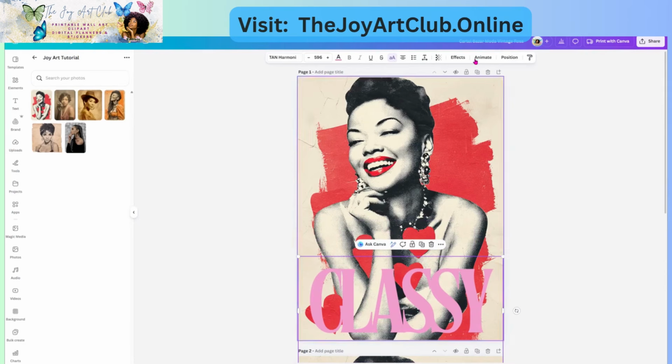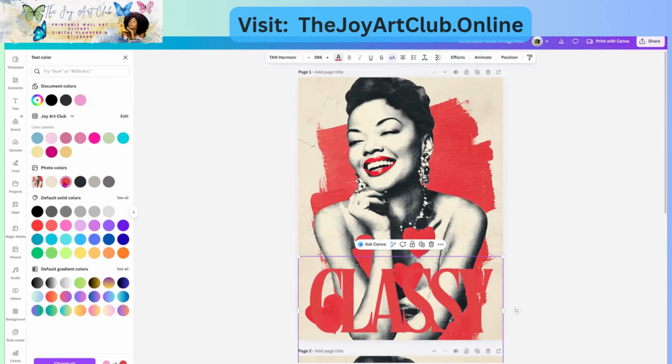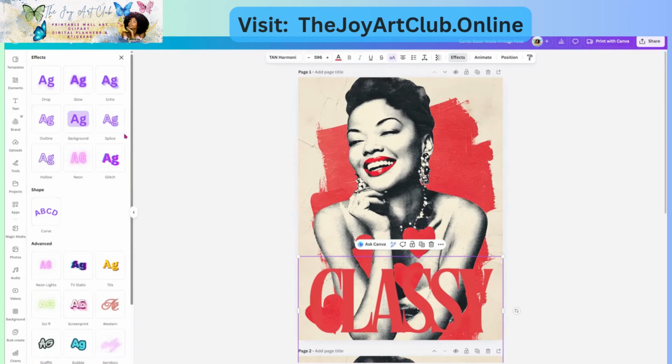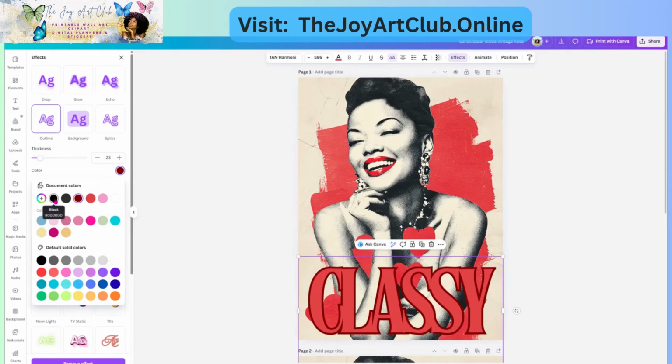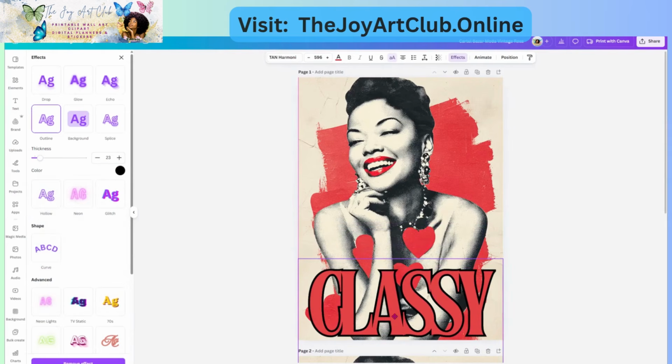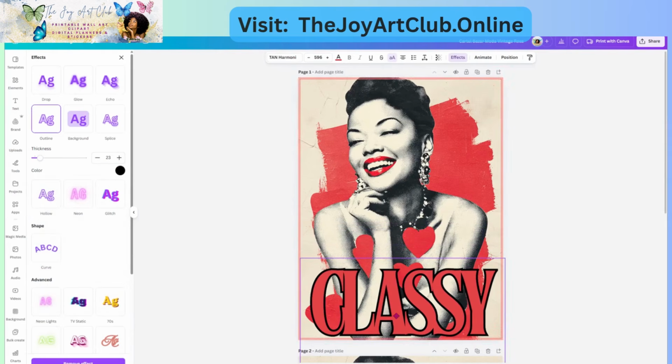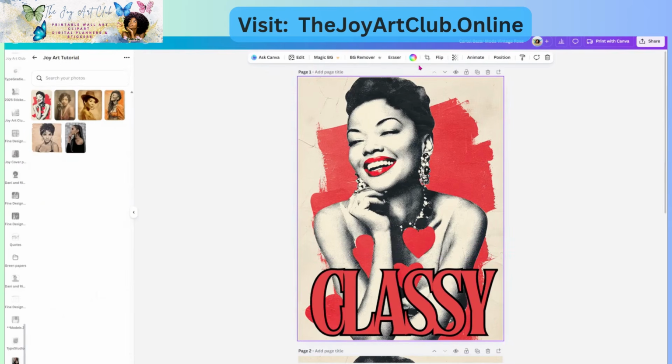All right, so let's change the color of this to red just for now. And let's click on effects and let's try outline. Okay, so we're going to make it a little thinner, first of all. And let's go over here and outline it to black. Yeah, that sticks out a little more. Now, something else I'm going to do,